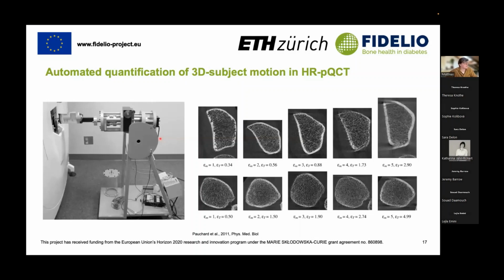One example is this study that tried to estimate rotations and translations within the sinogram based on differences between the first and last projection. And they've done this using this experimental setup and tried to quantify similar motion scores. However, these motion scores are not as intuitive as the scores between 1 and 5 that clinicians